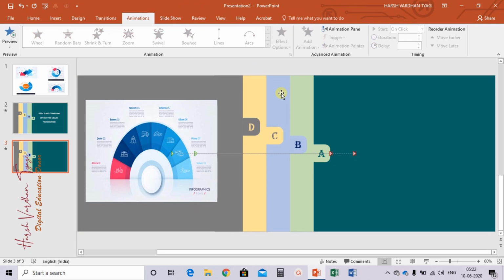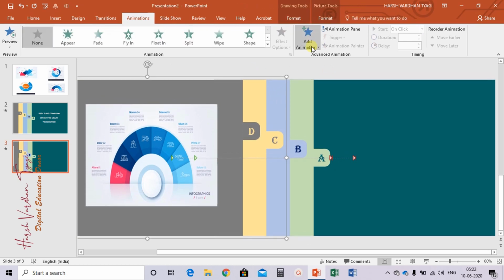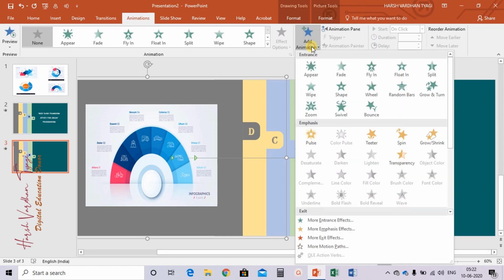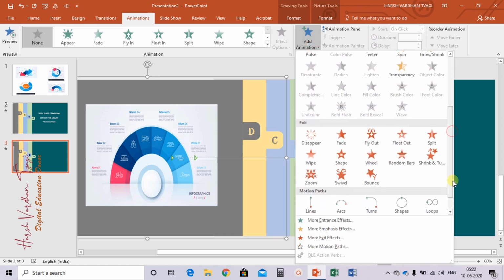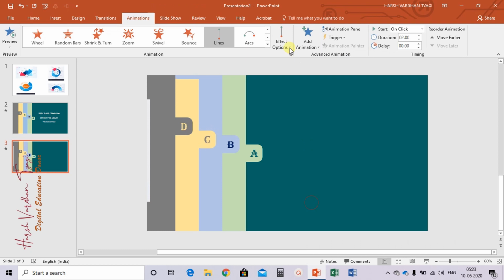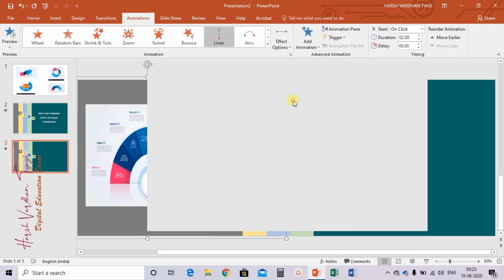Fine. Now select the third, go to add animation, again select lines, in the motion path select right.